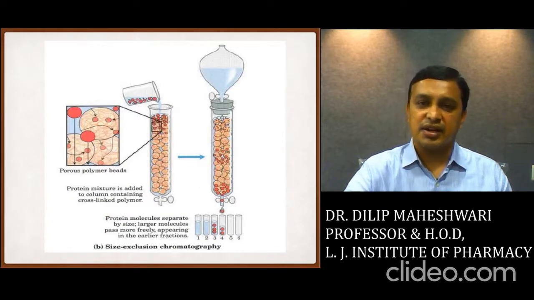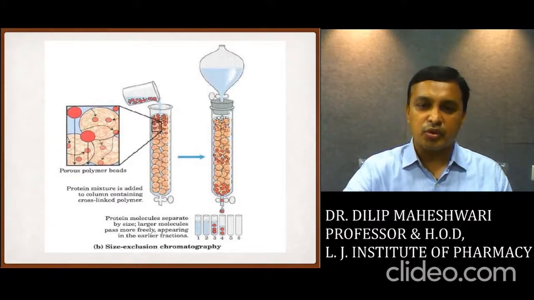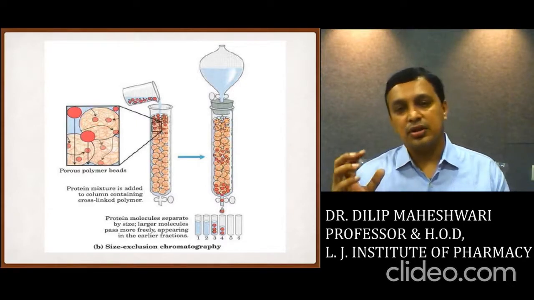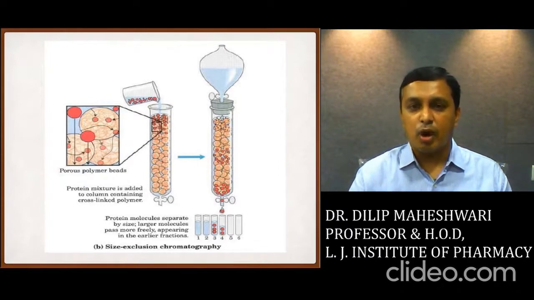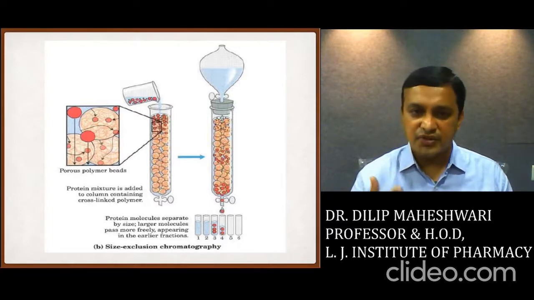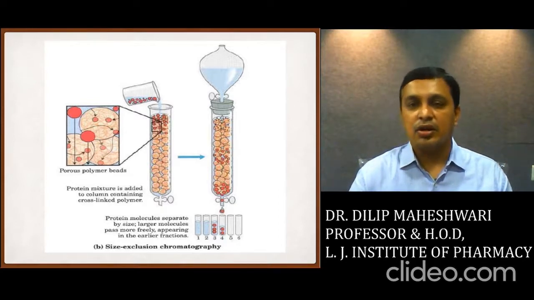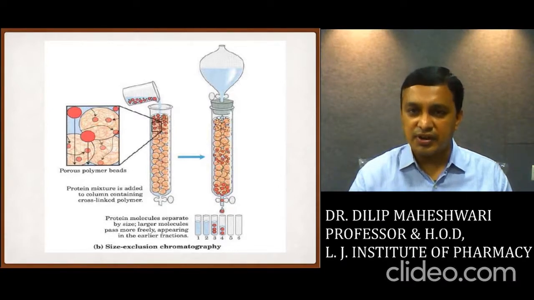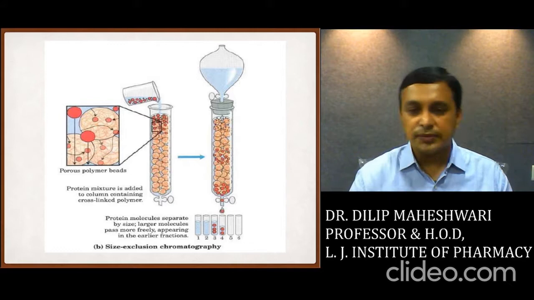This is again a diagram of size exclusion chromatography. The separation of proteins can be done by this chromatography. The protein mixture, which is the sample, is introduced on the top of the column. Inside the column, the stationary phase, different types of gel materials, is available. Then from the top of the column, the mobile phase, different types of solvent, is introduced. The solvent reservoirs are available on the top of the column.